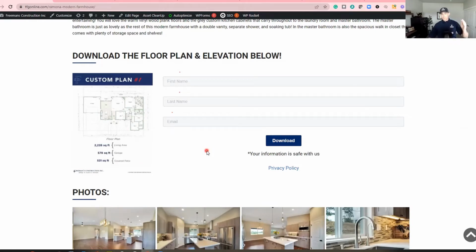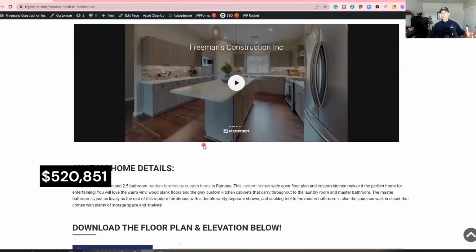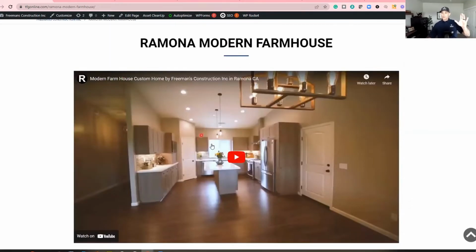This particular price point on this house for the build cost alone is $520,851. Okay, so what I would recommend doing, and I don't want to take a ton of your time here actually walking through this,